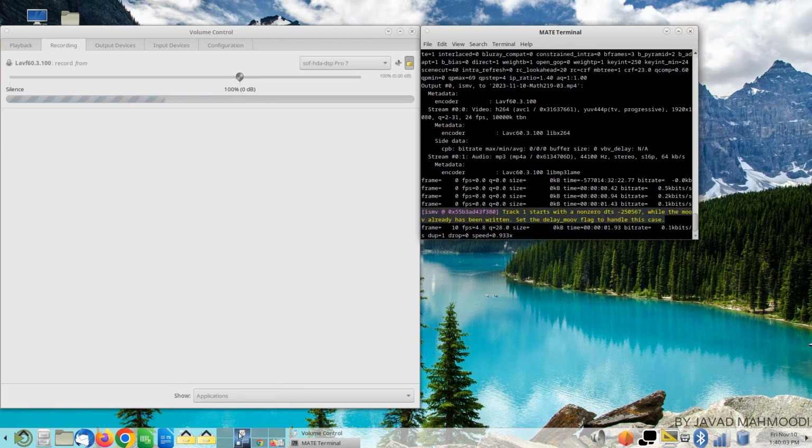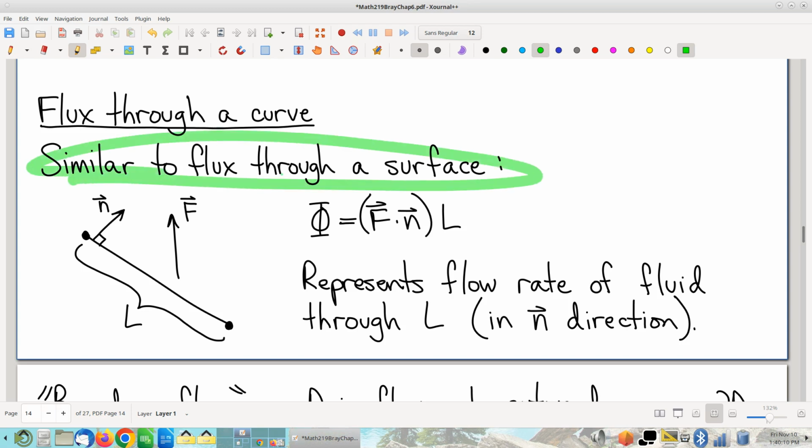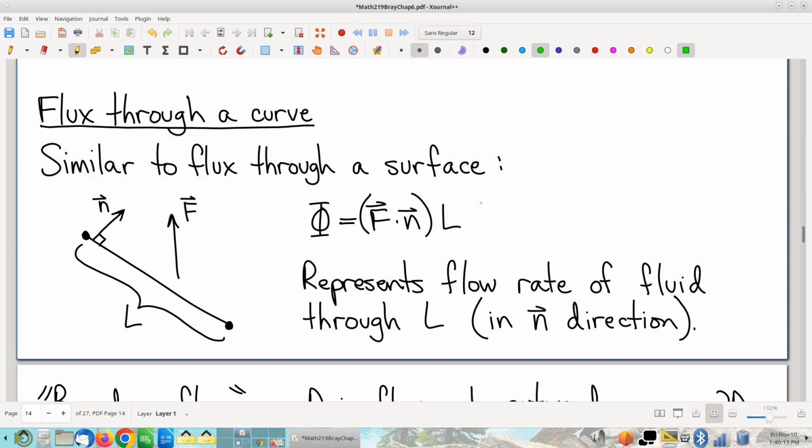All right, so picking up where we left off last time, we were talking about flux through a curve. And remember, flux through a curve is basically the same idea as flux through a surface. If a vector field represents the velocity, or density times the velocity, if a vector field in some way represents a fluid flow, then this expression called flux represents, appropriate to how the vector field represents the fluid, the flow rate. It represents how much total quantity, again in whatever appropriate sense, quantity per unit time of fluid flowing